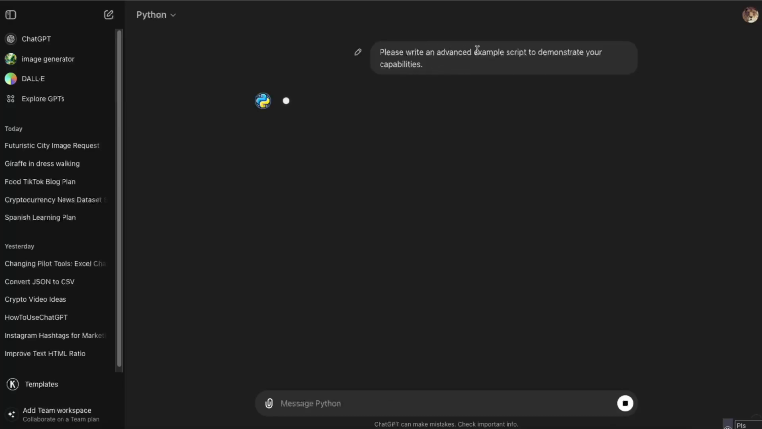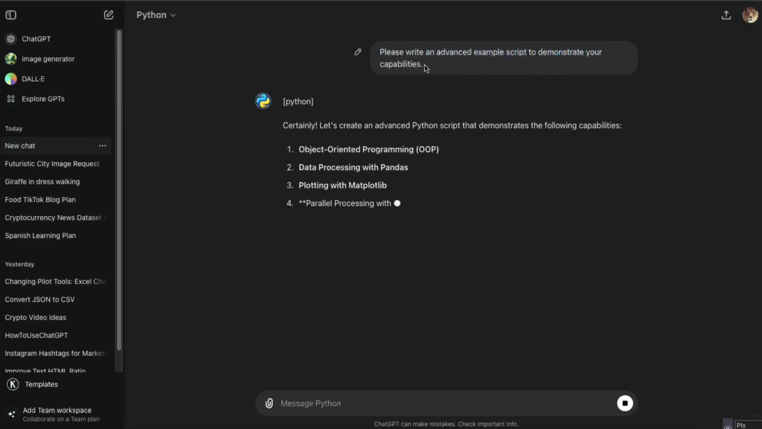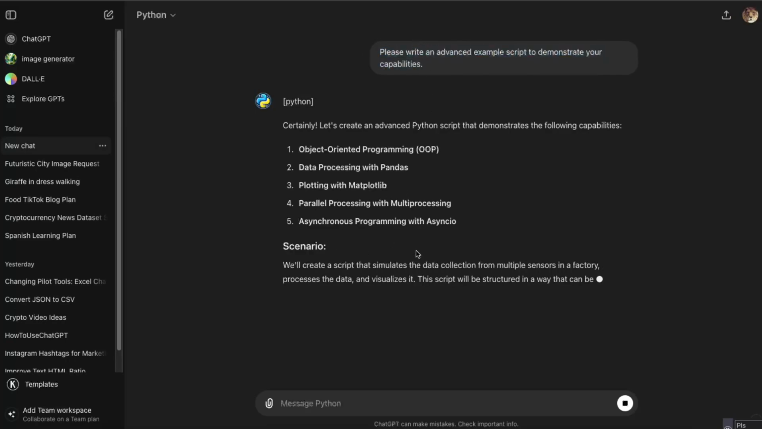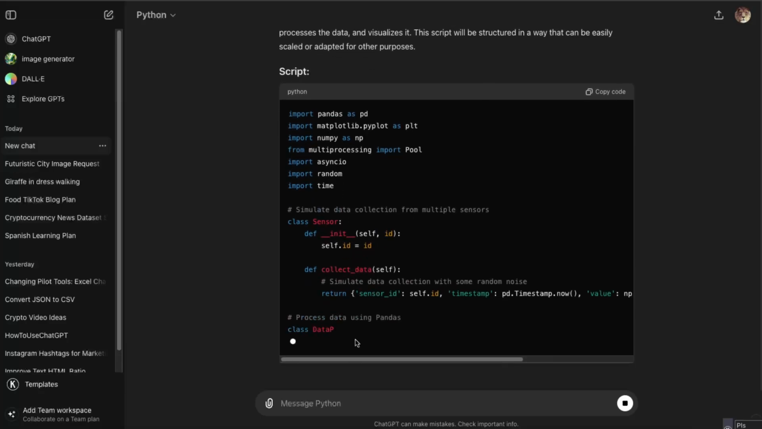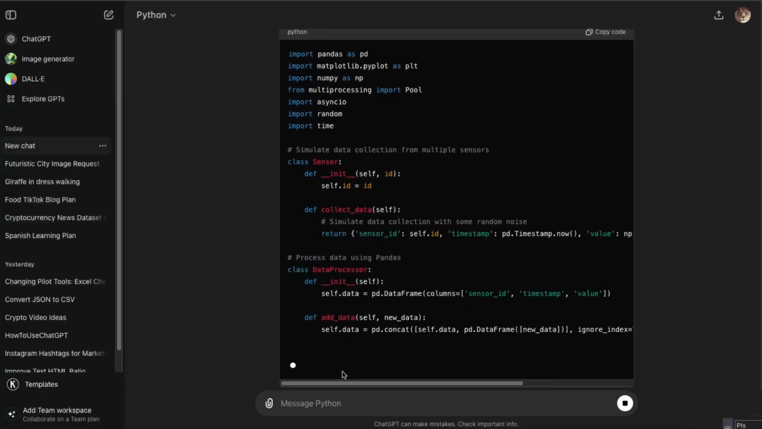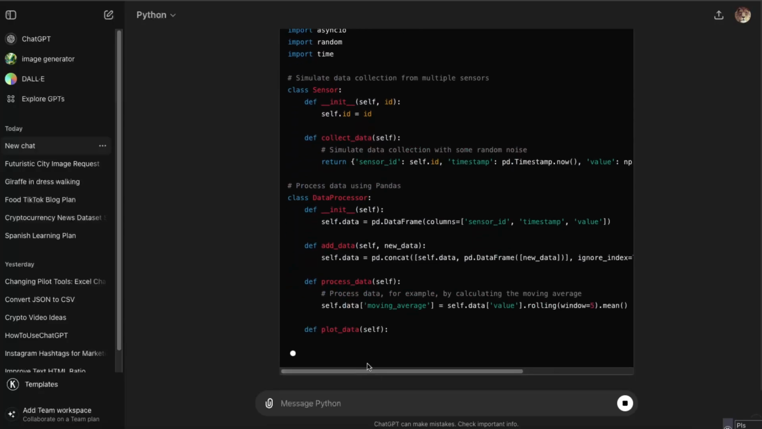So for example, advanced example script to demonstrate your capabilities. Let's see what it does. And here it is. Here is the Python script. So basically you can ask it anything and it will write you a